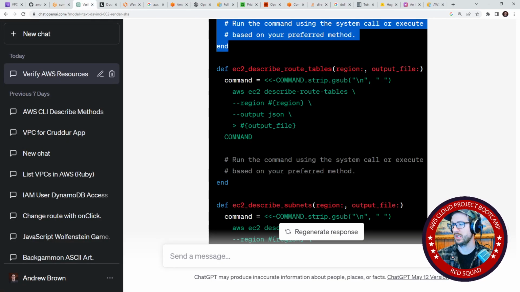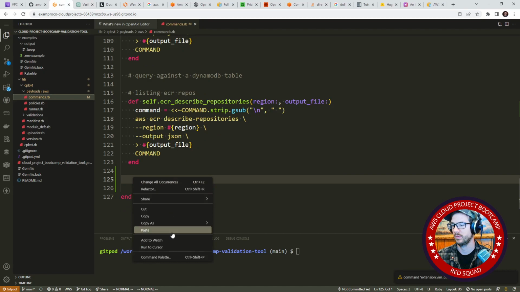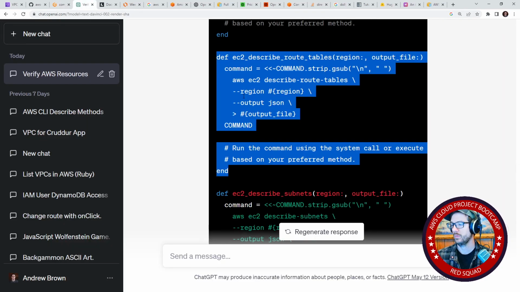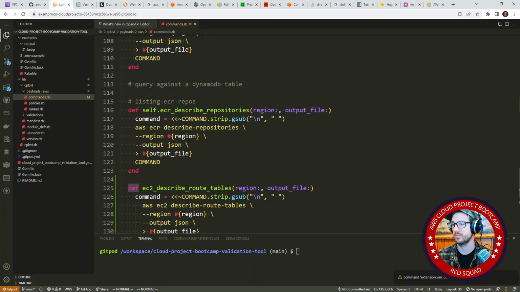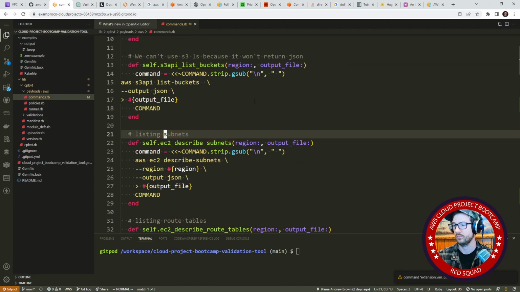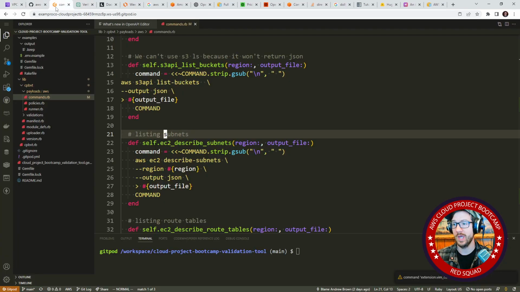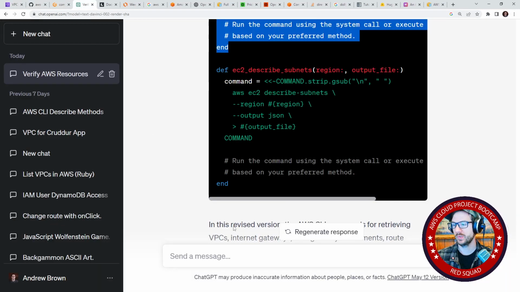We didn't do route tables yet. Good. Paste that in there. Also, we have describe subnets. Did we do subnets? We did. Okay, and so that's starting to work out pretty well. And so we can do that. Now, the only problem is not everything is part of our infrastructure. So, okay, so